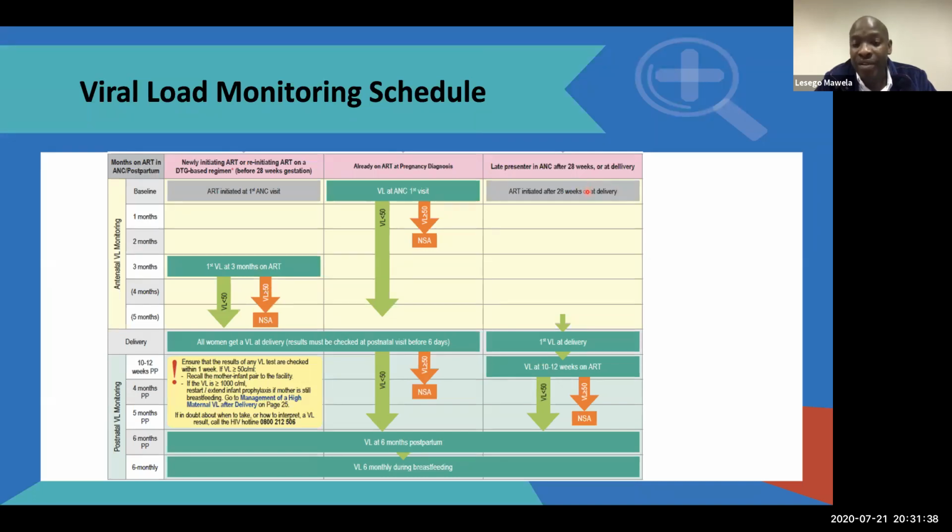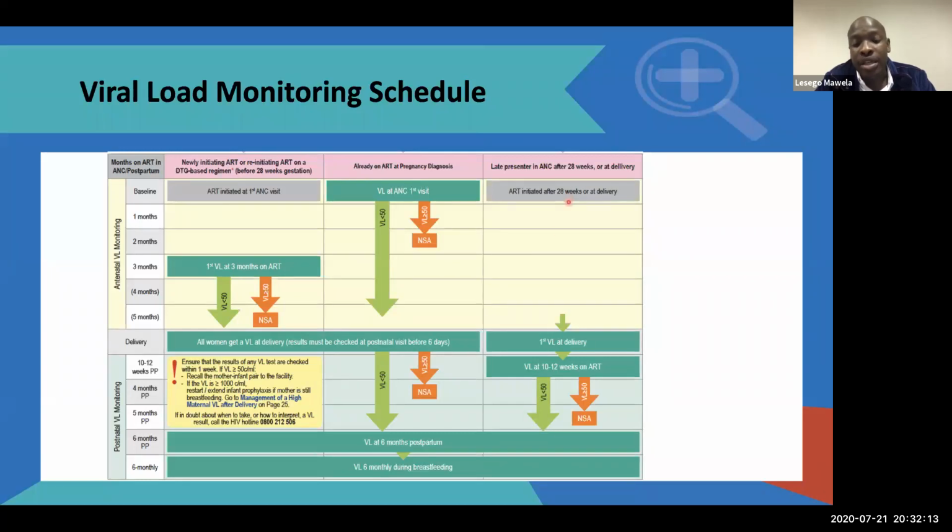We will start her on ARVs, but her first viral load will be the delivery viral load, right? And then there's now a recommendation to say we have an option to do, depending on which one comes first. Remember, if she's in the second towards the 3rd trimester and she reaches 3 months on ART before delivery, we might still need to do that 12 weeks viral load